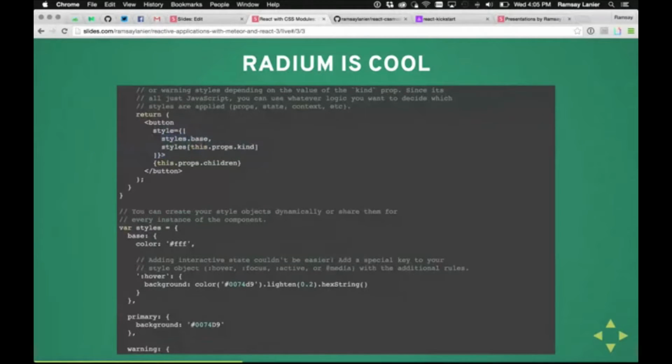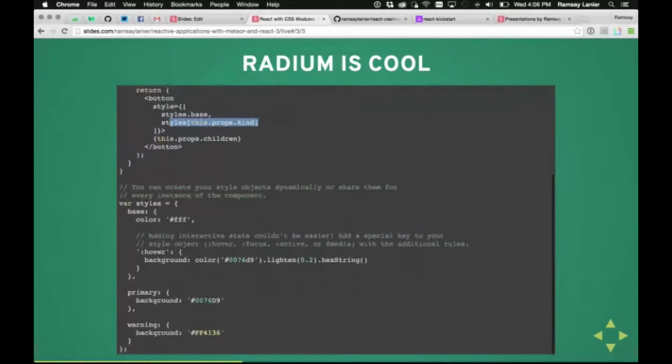You've got styles base, and then you're passing in a prop of kind of button, and then it picks that style. So you've got this styles object down here, which maps to styles here. And notice here, this is what Radium gives you: things like hover. So with Radium, you can style hover, active, focus, and you can do media queries. So that's pretty neat.